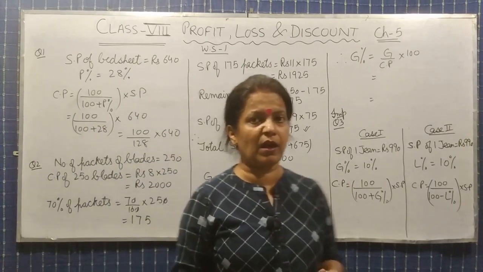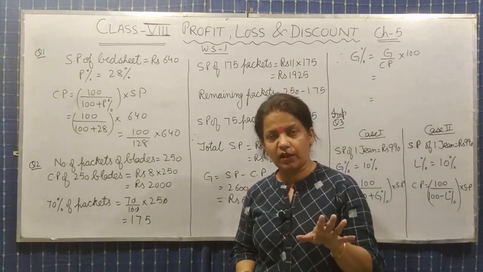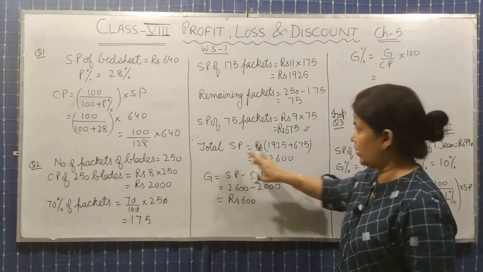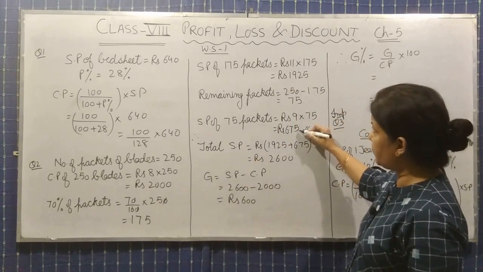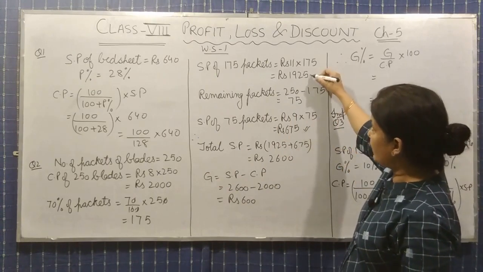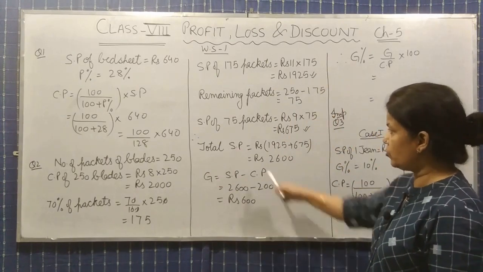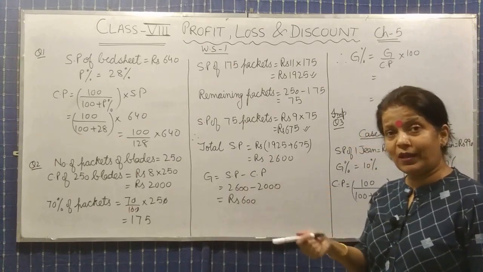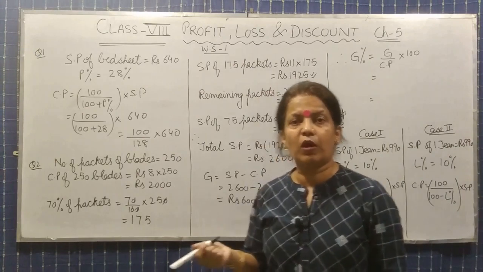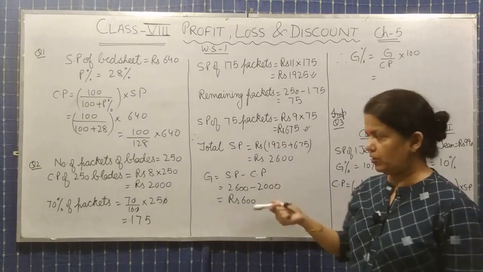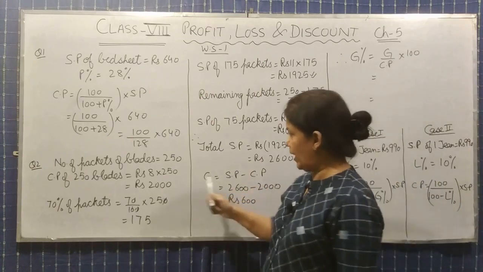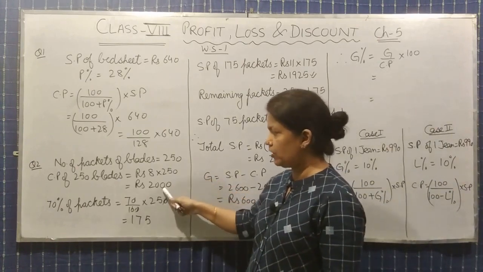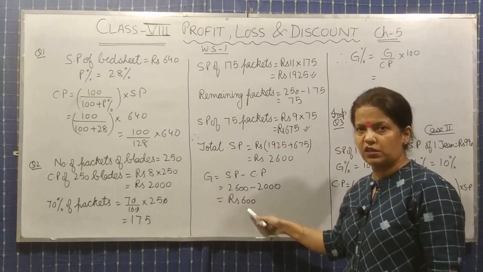तो gain percent निकालने के लिए you need total selling price as well as total cost price. तो हम देखते हैं what should be total selling price. Total selling price एक तो ये आपके पास आ गया rupees 675 and one is 1925. So total selling price, दोनों को ऐड कीजिए, you will get this. Gain percent के लिए gain होना जरूरी है, and what is the formula of gain? Gain is SP minus CP. SP you have got 2600 minus CP. CP is 2000, minus किया 600.